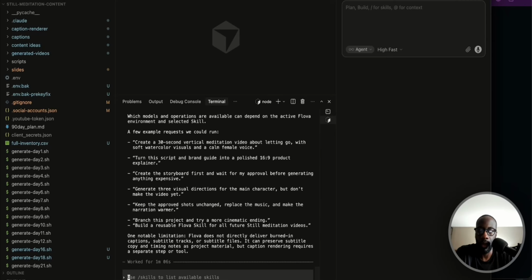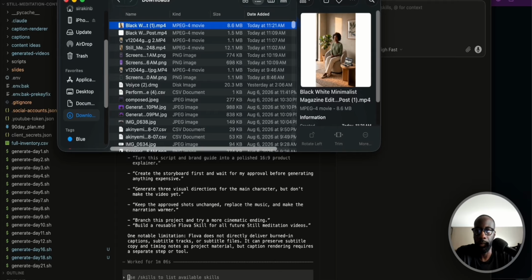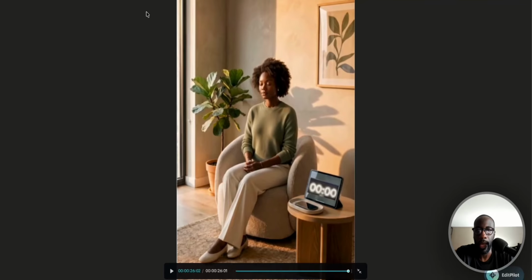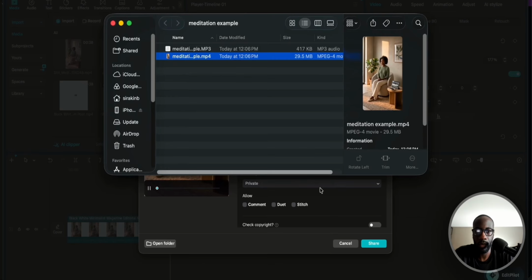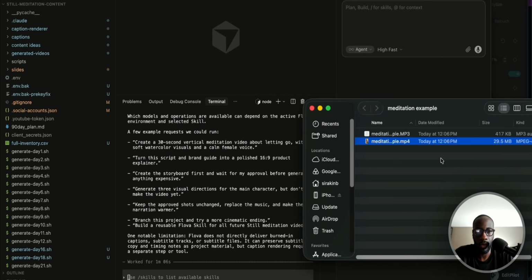All right, so what I'm going to do is I'm actually going to paste in the finished product from CapCut. I'm going to export that, open this folder. Let me just make sure it's the full thing. All right, and then we're going to go in and we're going to paste this video in.